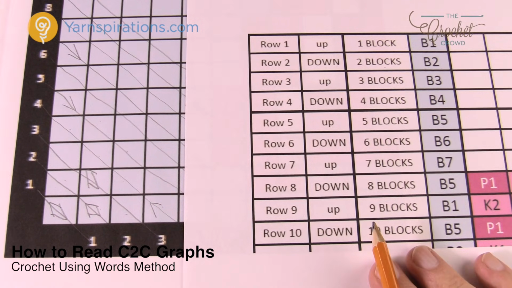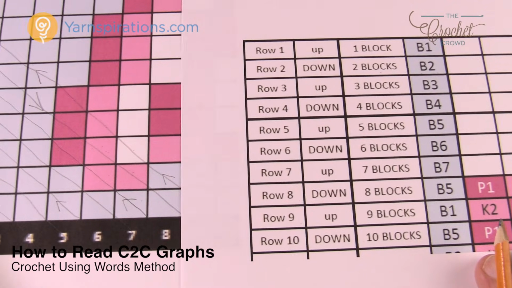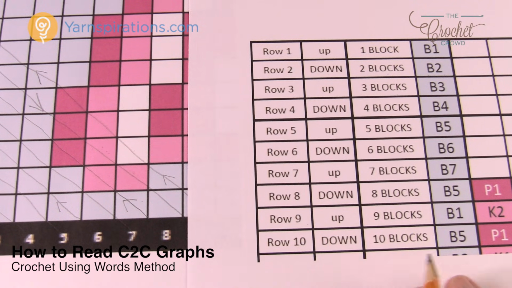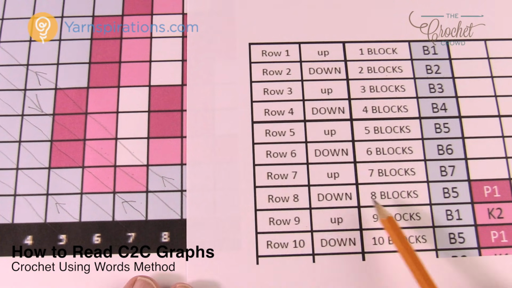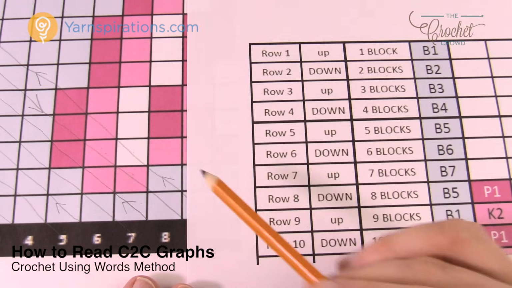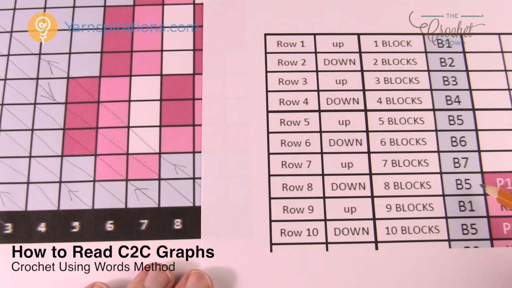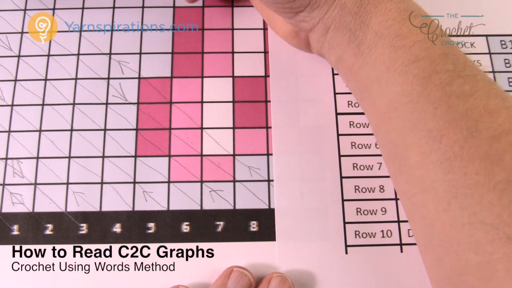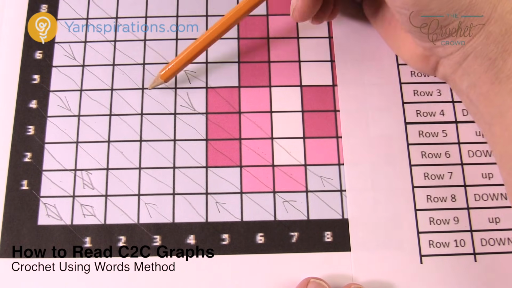So what happens when you get to row number 8? That's when the game plan changes slightly. So row number 8, it says that we are gonna go in the down formation. Okay, so what's gonna happen here is that we go down, and that there's 8 blocks wide all the way, and that's gonna be saying B5. Okay, so you got B5. So coming down in the down direction from number 8 is that you got 1, 2, 3, 4, and 5.